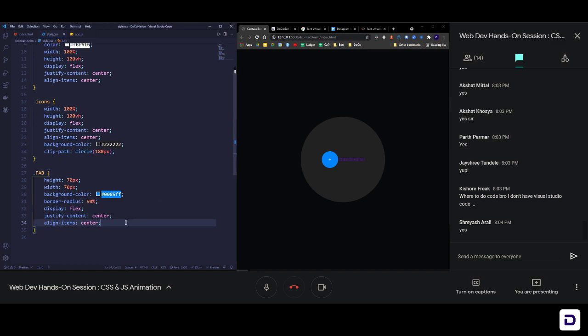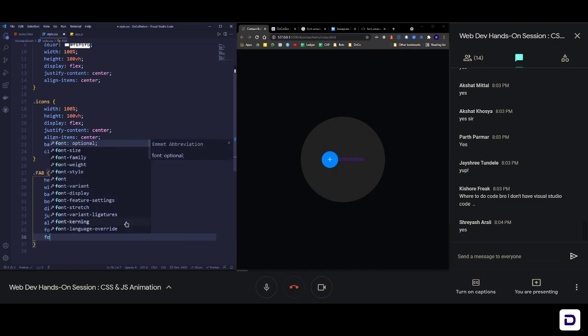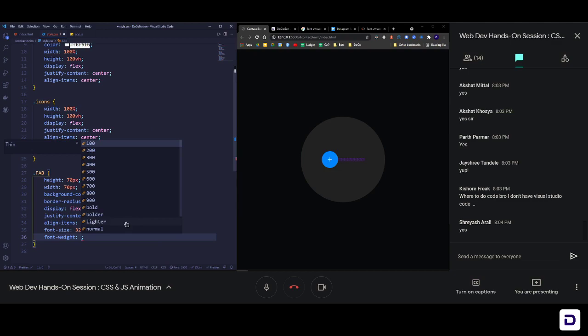Great. What else can we do here? We can increase the font size a little bit so that the plus is more prominent. So font size in this one will become, let's say, 32 pixels. Let's see. Yeah, looking good. We can then change the font weight also. Font weight is basically the thickness of the font. So let's make it like 700. Okay, maybe 800 would do. Yeah, so 800 looks fine. So here we have our plus icon, the small blue icon ready with us. That is what we need.